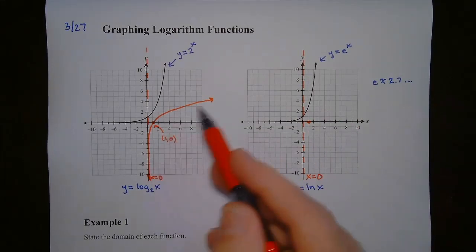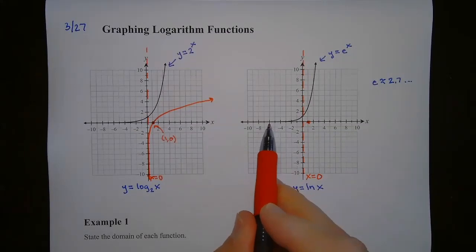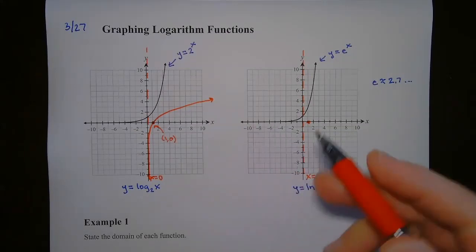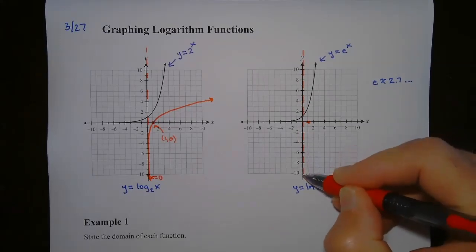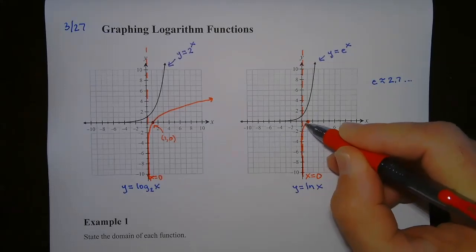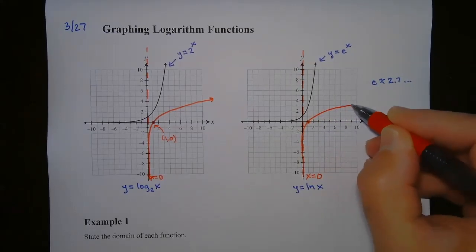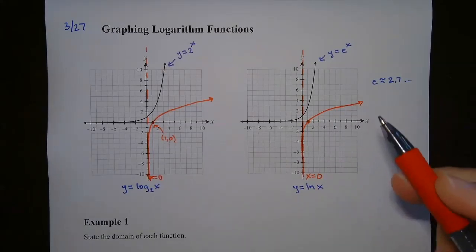So it's going to be almost the same graph. Right here on the negative x-axis, it's horizontal. That would mean that on the negative y-axis, it's vertical. So it's going to come up along here and then turn and go through the point 1, 0, and then turn. Now, these are different graphs over in here, but this is about the shape of it, and the features of it,